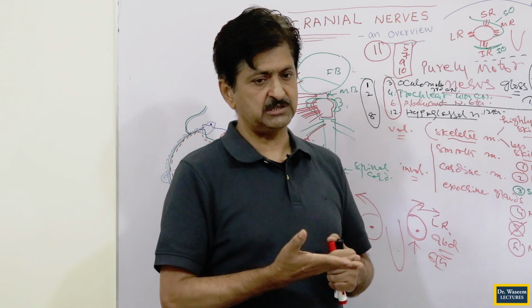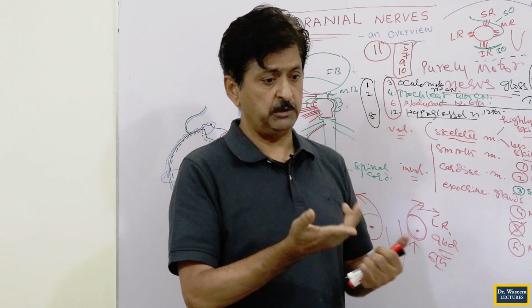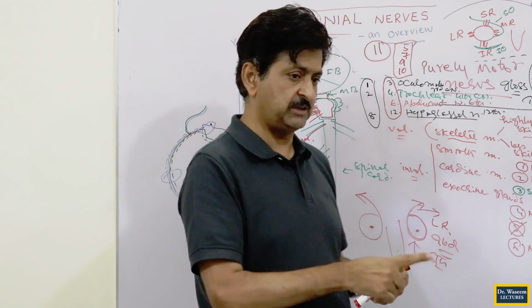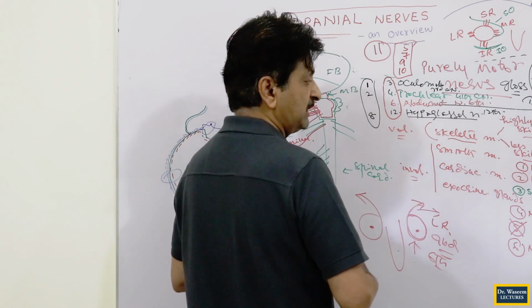And muscles of mastication means what? What you are moving in the mastication? Mandible. So it must be mandibular nerve. Mandibular nerve is not a nerve, it is one of the divisions of which nerve? Trigeminal nerve. That is why muscles of mastication, which nerve? Muscles of mastication will be your trigeminal nerve.